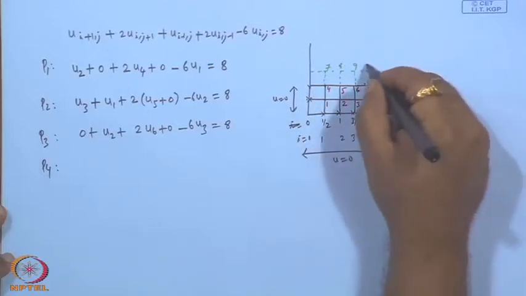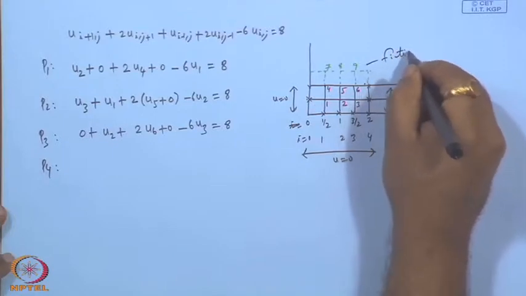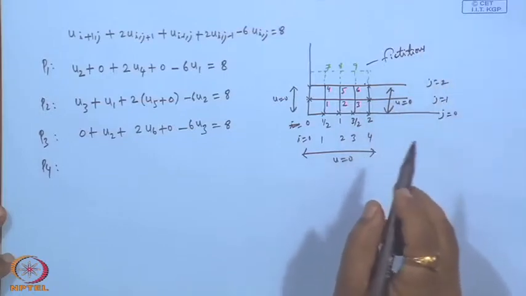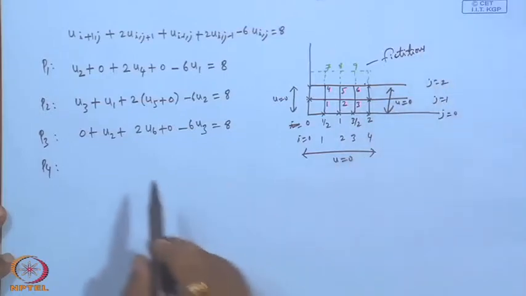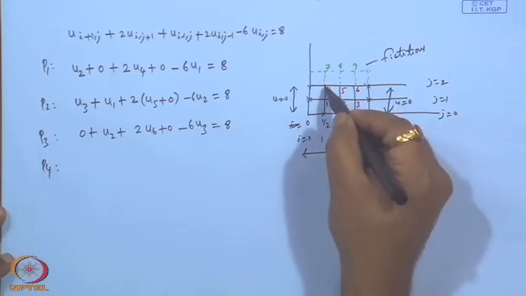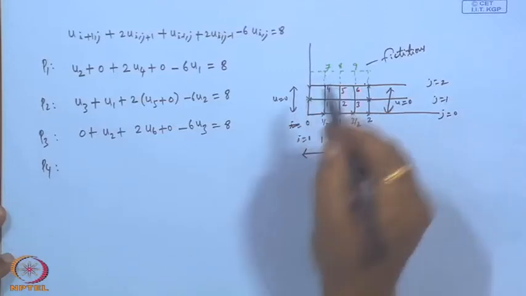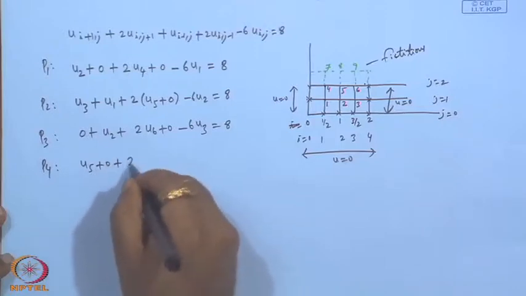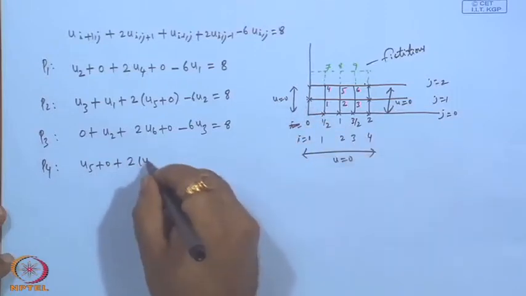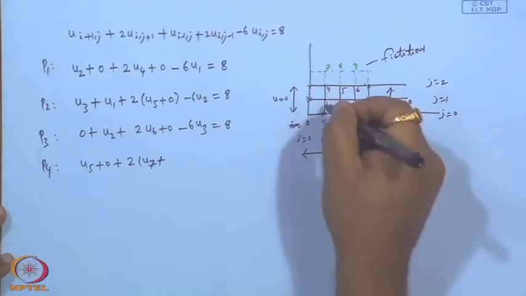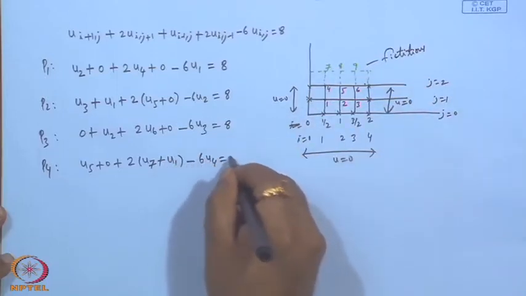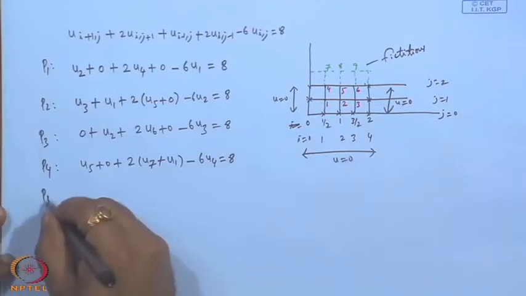So, this is fictitious. So, now at P 4 u 5 plus 0 plus 2 u 7 plus u 1 minus 6 u 4, then P 5